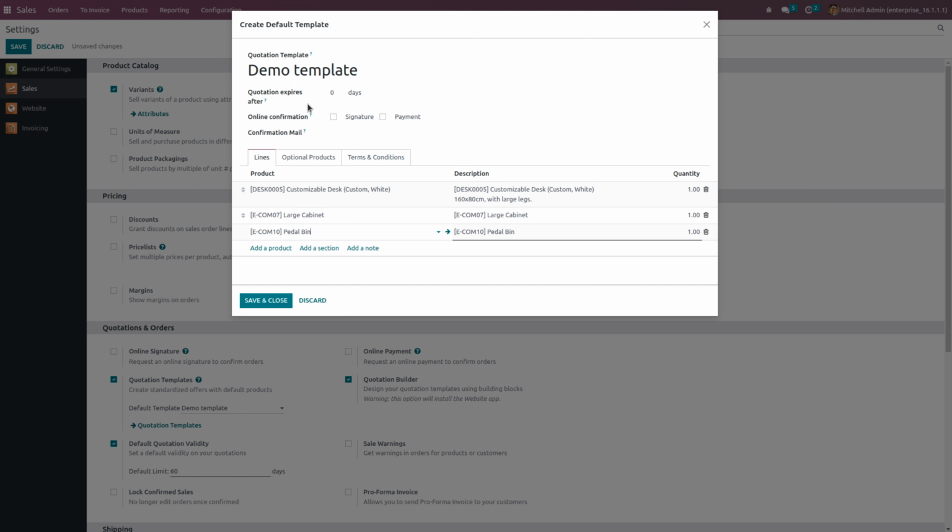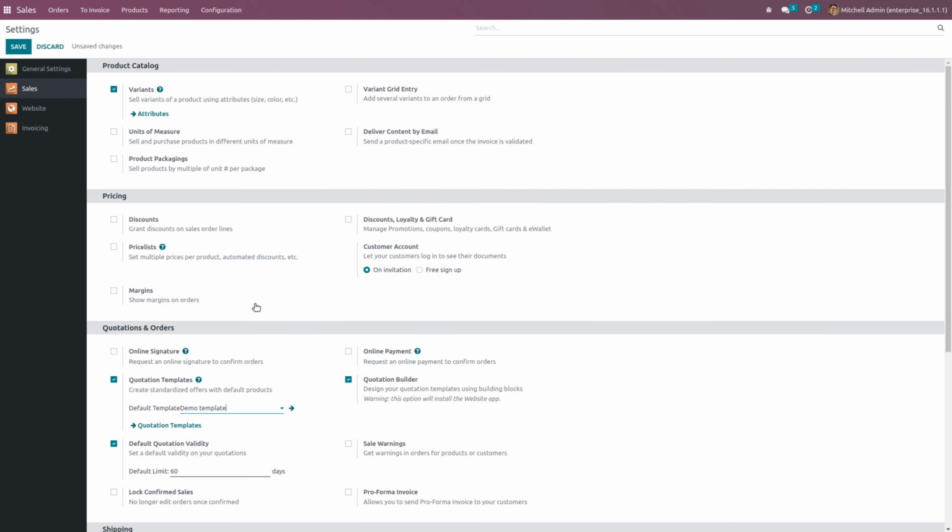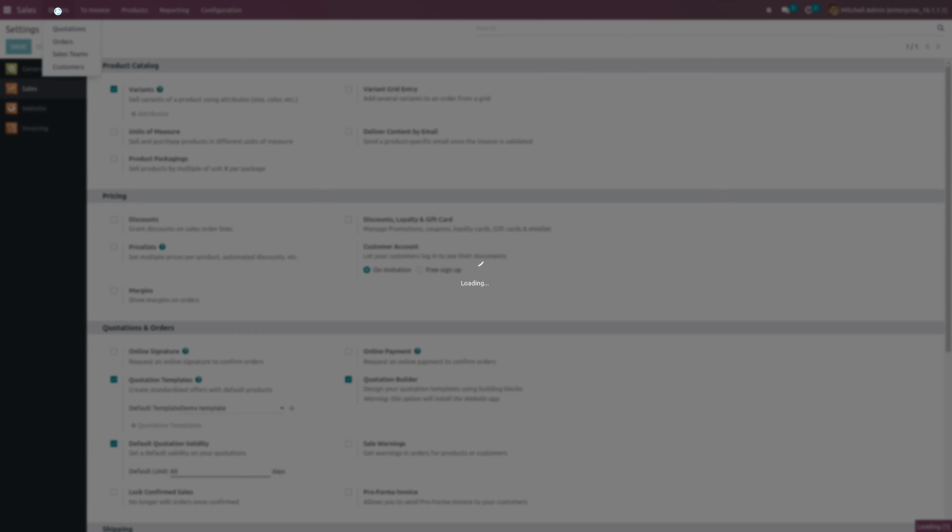And here you can see Quotation Expiration Date. If I set the quotation expiration date as 15, let me save and close this. And under quotations, we have to save the settings first. So let me save the settings. And under quotations,